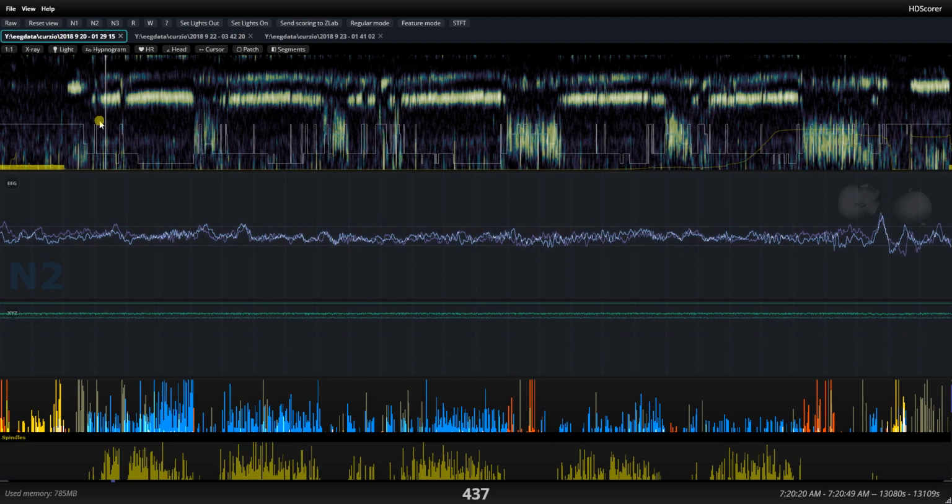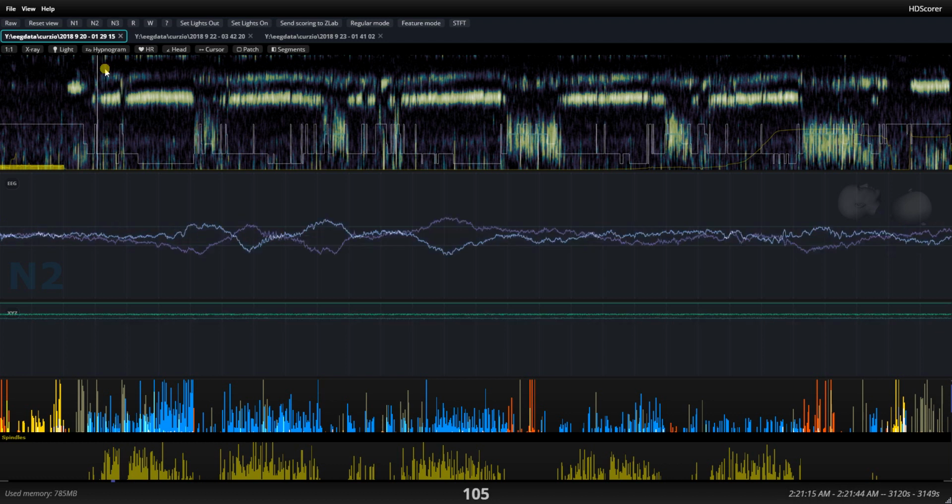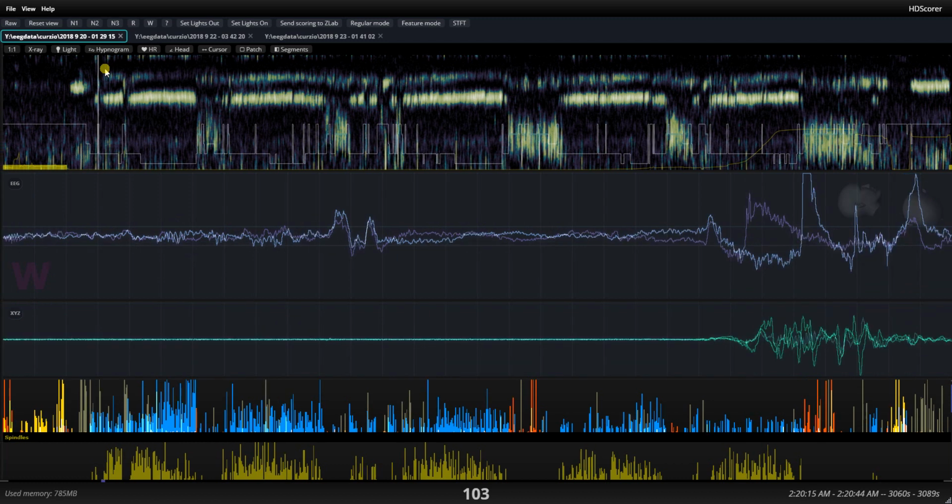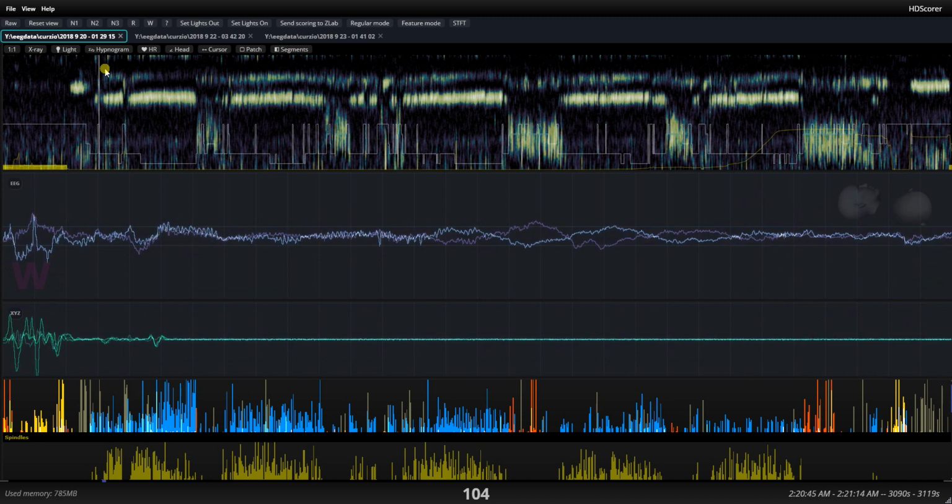slow wave sleep. 2 things I would like to point your attention to is that this thing right here, this small thing, that's an alpha, which means that there was an awakening, and another one is going on right here, and it's normally very tough to catch these, but the algorithm did a wonderful job here because it marked these things as wake. If we go into the specifics, I think it probably marked this epoch as wake because of the movement, but then it extended it because of this alpha waves right here, which we can see in the